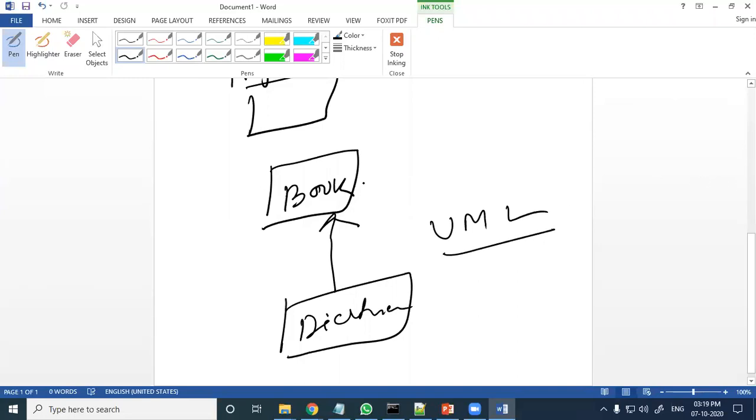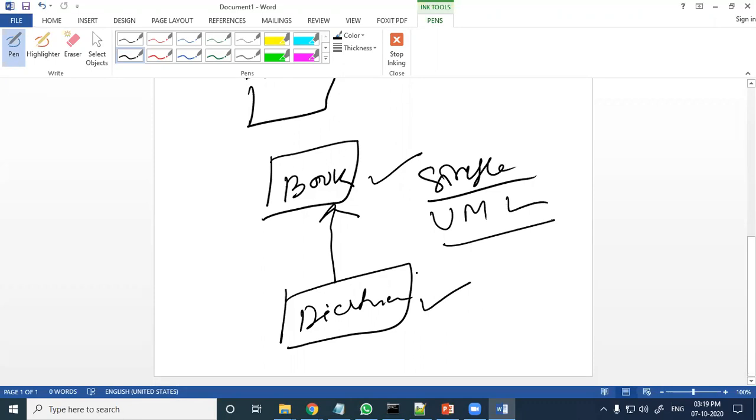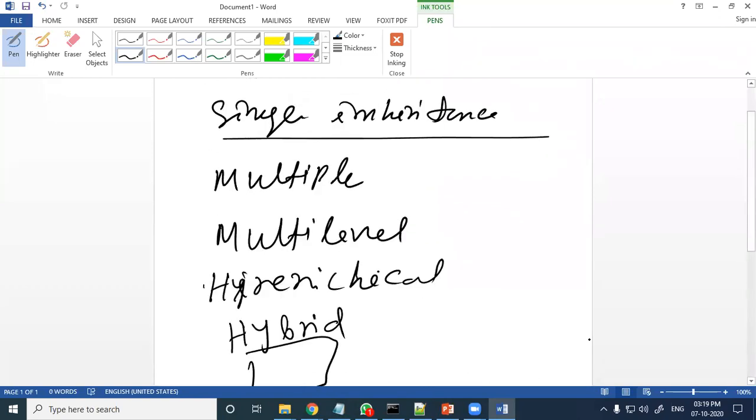So here, book is your parent, dictionary is your child, and dictionary is inherited from book. This is called your single inheritance. The programs which we have discussed so far, the base and derived programs, are single inheritance.